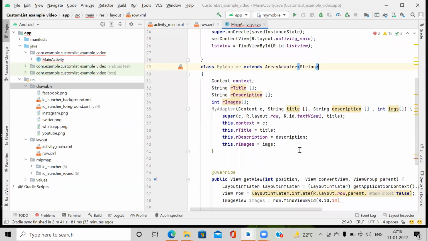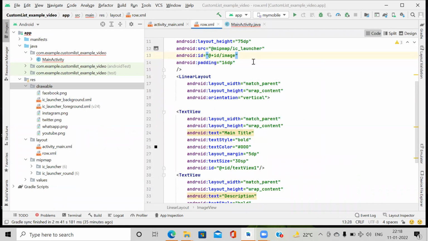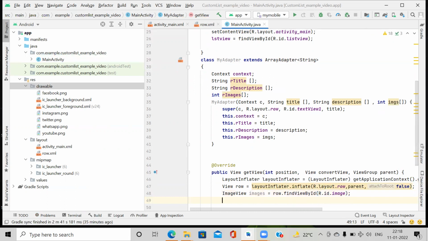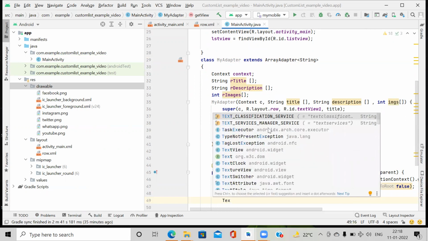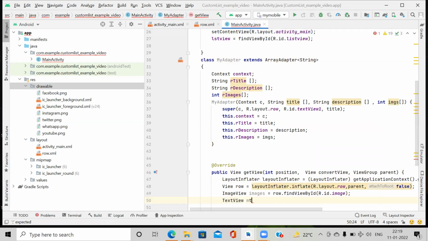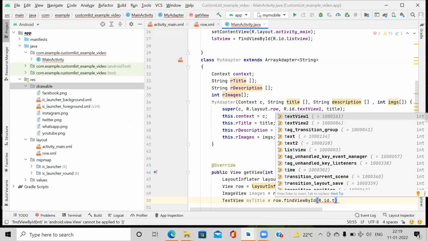Okay, small. Then TextView myTitle is equal to the same, row.findViewById(R.id.textView1).